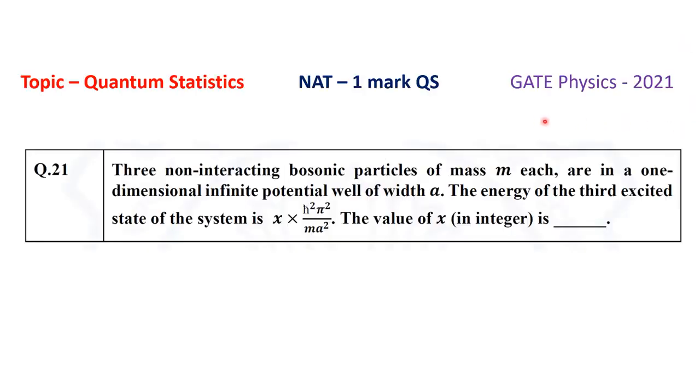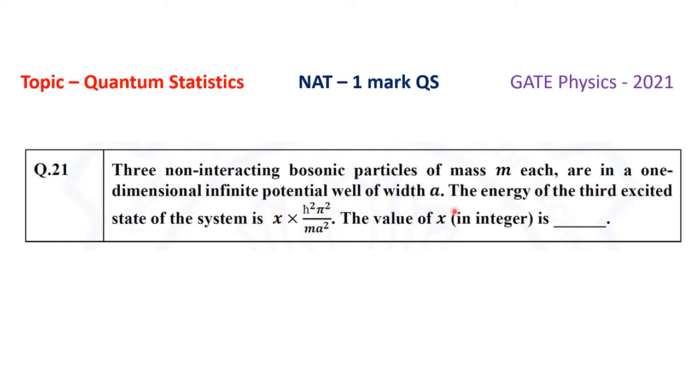This question was asked in the GATE Physics paper 2021. This is a numerical answer type 1-mark question, and this question was asked from the topic quantum statistics. The question is, three non-interacting bosonic particles of mass m each are in a one-dimensional infinite potential well of width